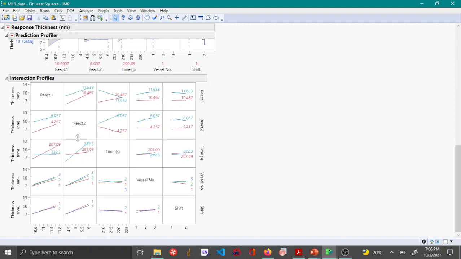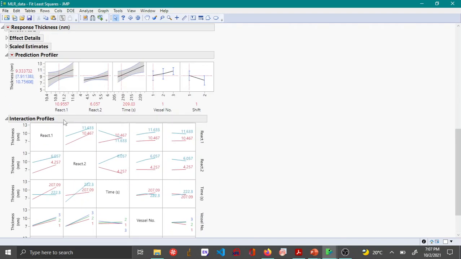So now you can see between react2 and time there is interaction, and also between react1 and time there is interaction. On the other hand, if you see react1 and vessel number, they have no interaction. Same with react1 and shift. So this is the other way of looking at the interactions other than using your prediction profiler.